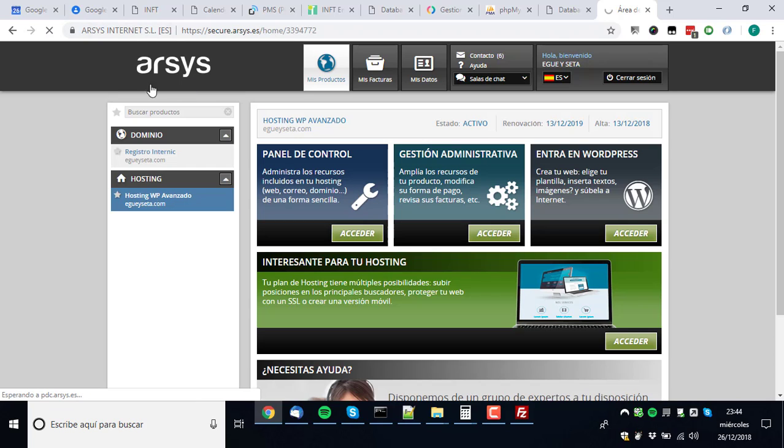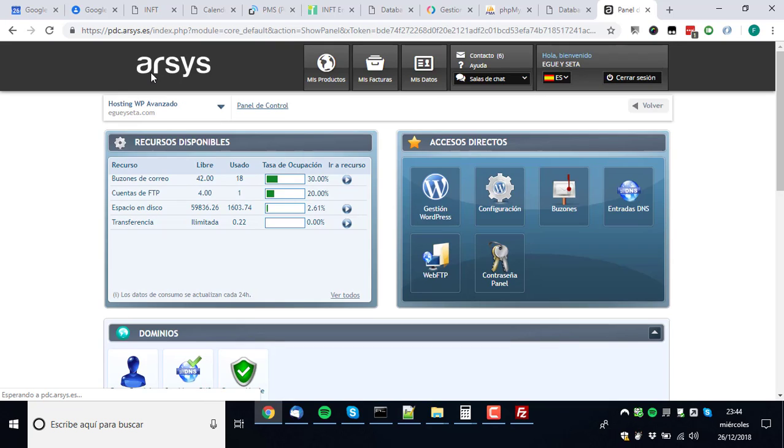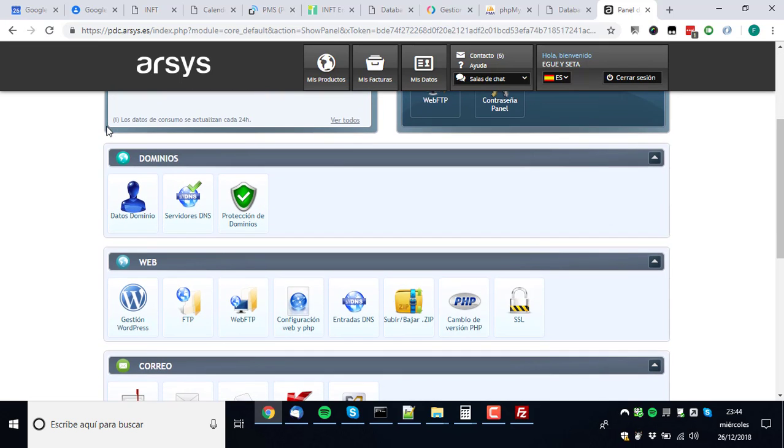They say that if ARSYS, the new hosting, finds we have viruses, they will blacklist the emails of this company, and they will stop sending emails to anybody. They will try to send emails, but the emails will go to the spam box because their website is with virus. So it will be super bad for them.